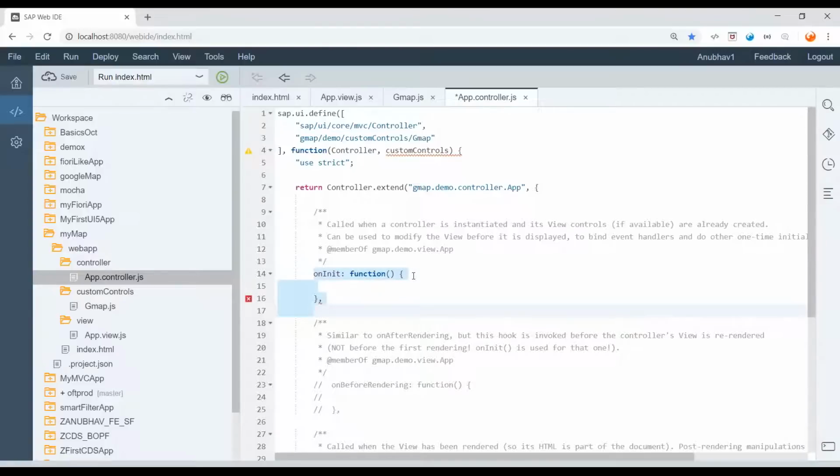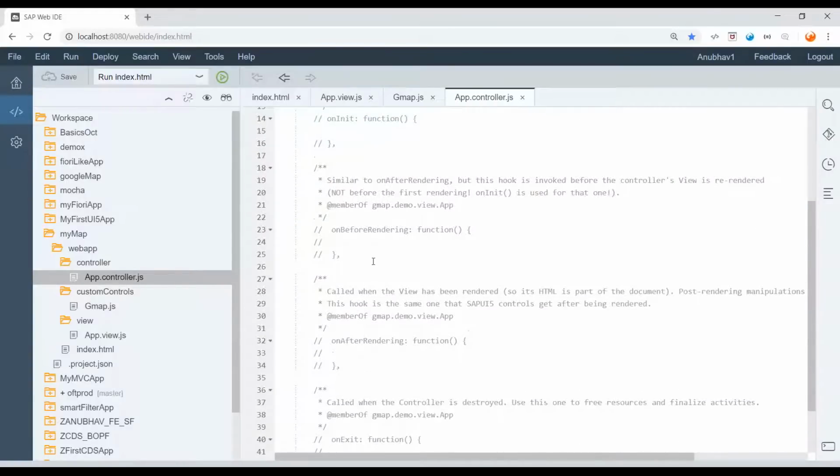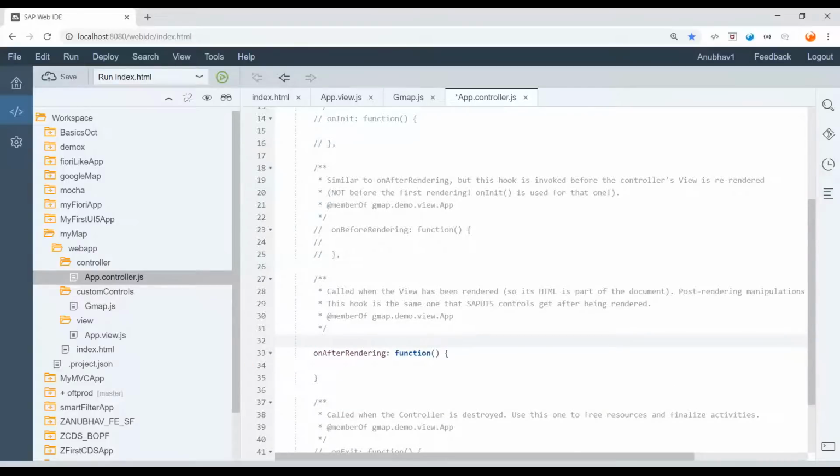You can also do it after rendering, because that makes more sense. After my view is loaded, then only I want to do that. So what I'll do is I will go to onAfterRendering, and now here I'm going to do that. So first of all, I'll create a global variable. I call it oMap object. You can name it anything. You can name it oSpiderMan. It's your choice. There's no doubt about it. I'm using it as oMap to make it look better, and right now mark it as null, a global